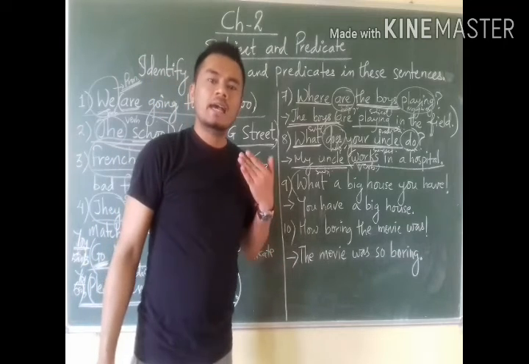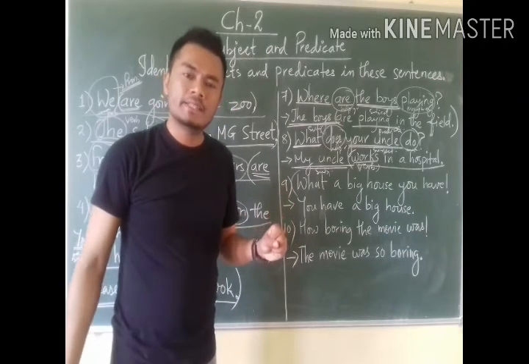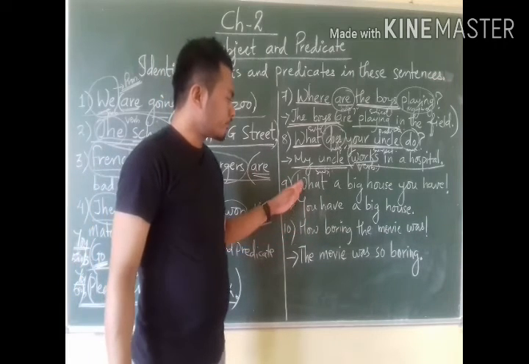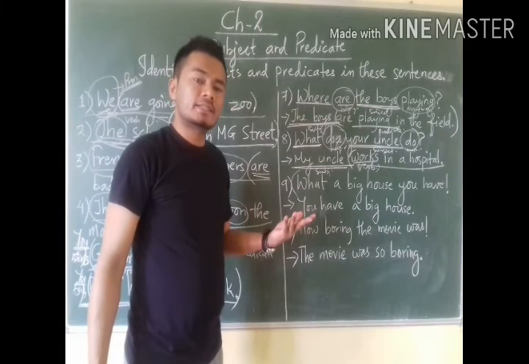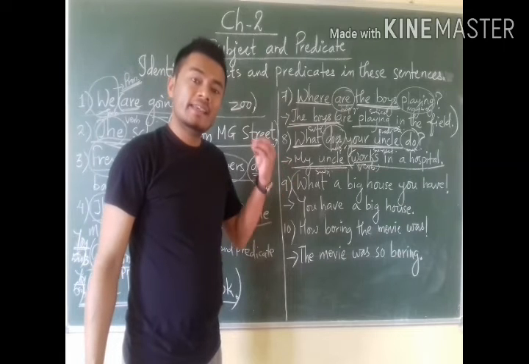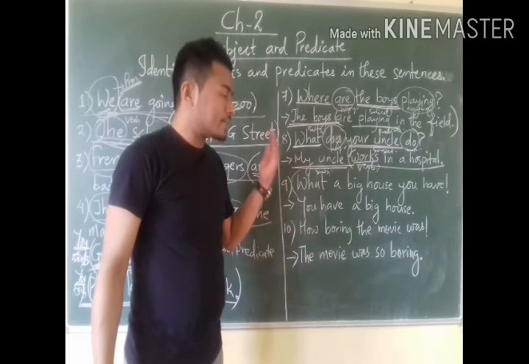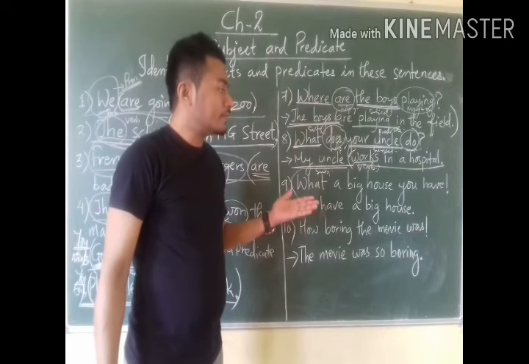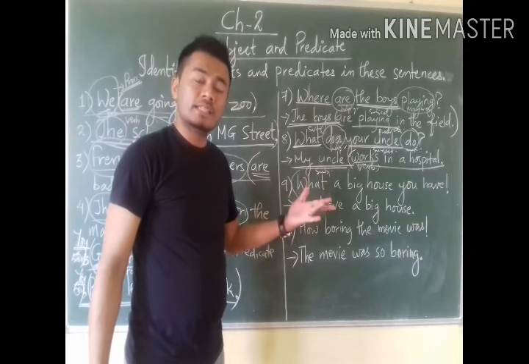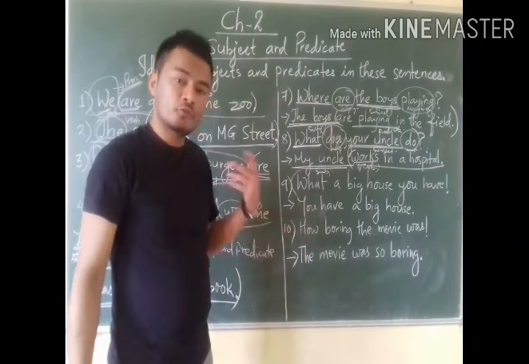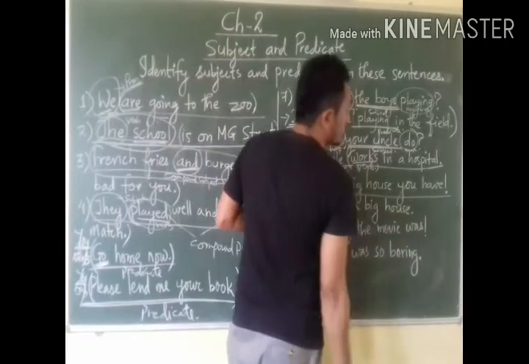I have already told you so many times that in case of exclamatory sentences framed by using WH words, the subjects come at the end of the sentence followed by the verb. Okay. In case of exclamatory sentences, the sentences end with the subject followed by the helping verb. If you follow this, what a big house you have.